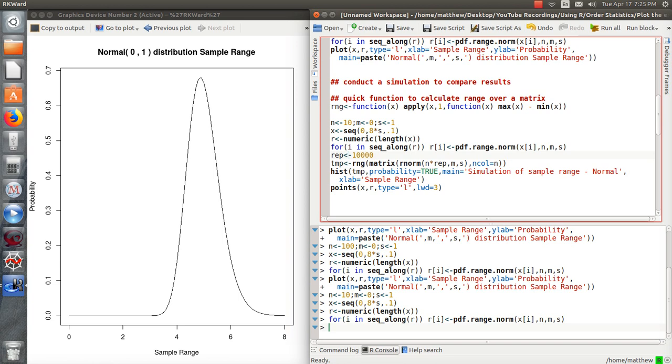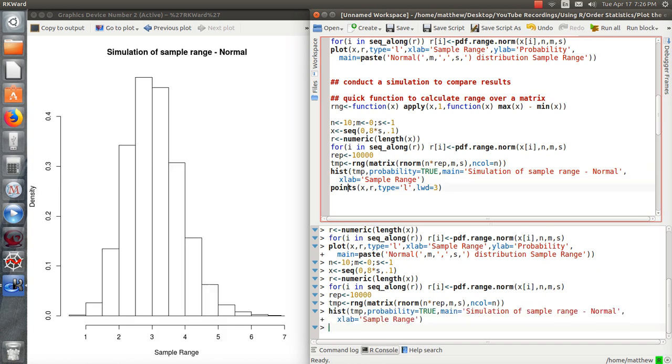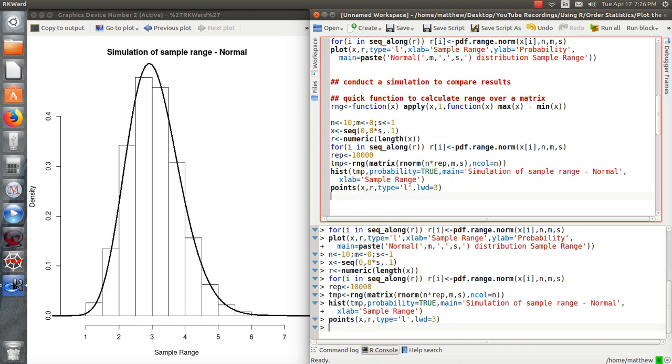So we're going to create a matrix that has 10 columns, because the number of columns is the sample size. So the first row will be sample 1, second row will be sample 2, all the way down to 10,000. So this matrix will have 10,000 rows and 10 columns. And then it creates the range and stores it in temp. So if we look at a histogram of the range values that we obtained from our simulation, it's this. Now let's plot the exact distribution right over the top of it, and it couldn't be